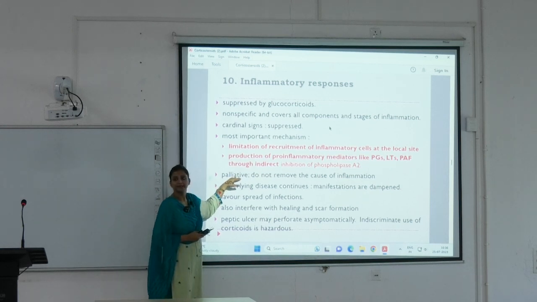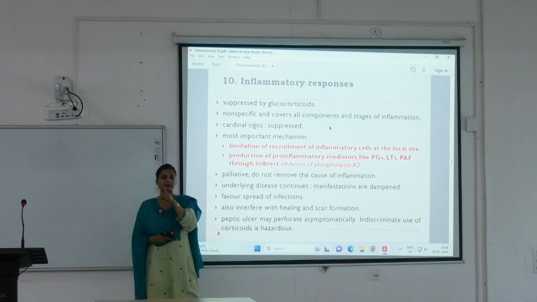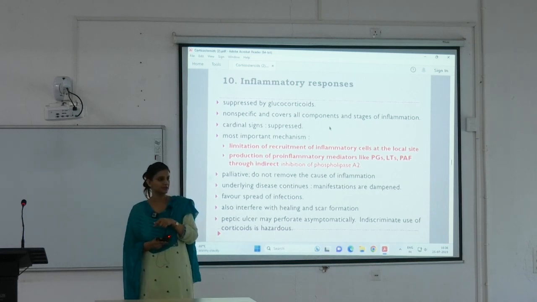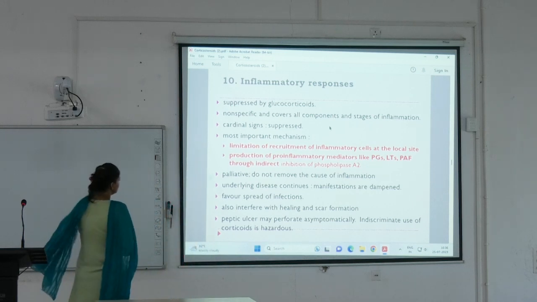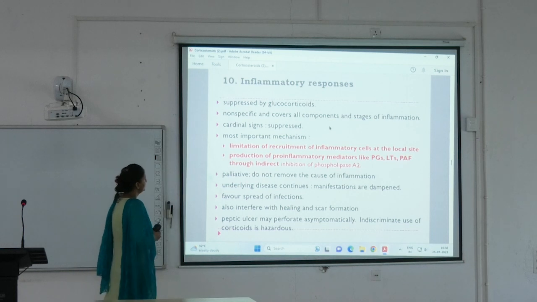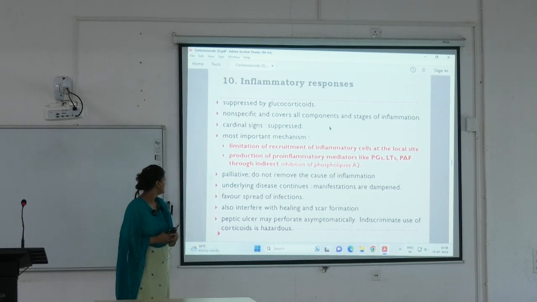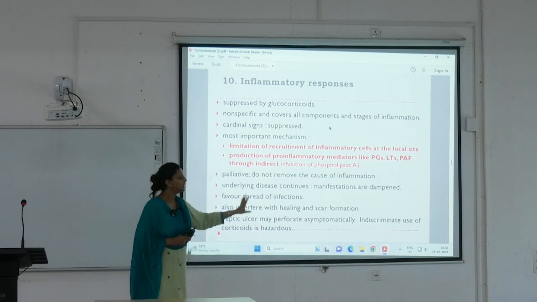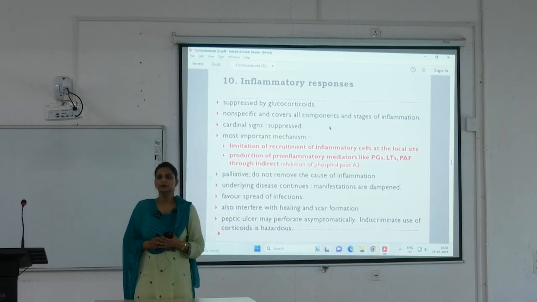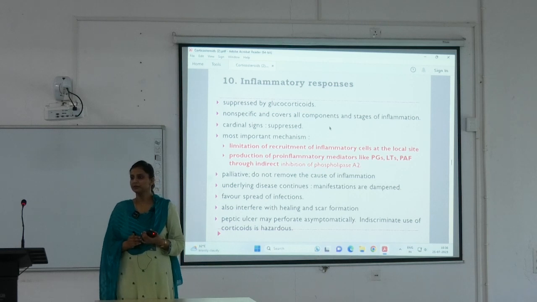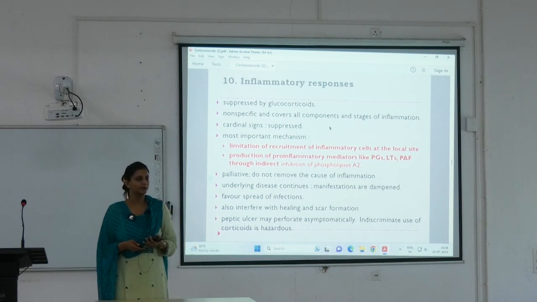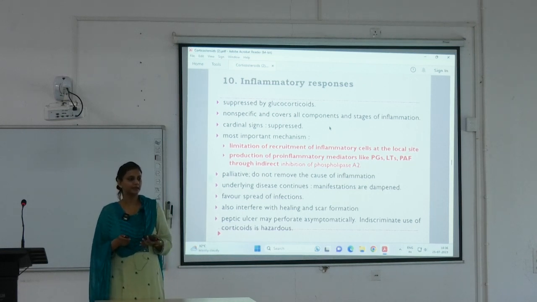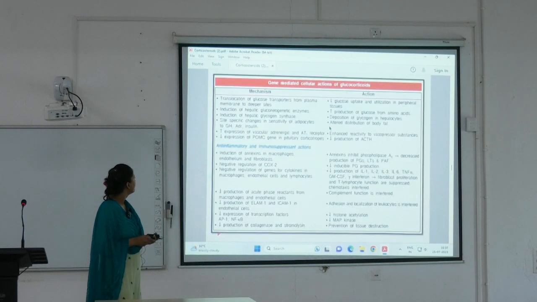It is only palliative. It does not remove the cause of inflammation. Cardinal signs গুলো সরাচ্ছে but not the cause of inflammation. Okay, it also interferes with the healing and scar formation. Healing and scar formation ওখানেও interfere করে because the different factors that are involved, it also interferes with that. This is the cell mediated actions of glucocorticoid,